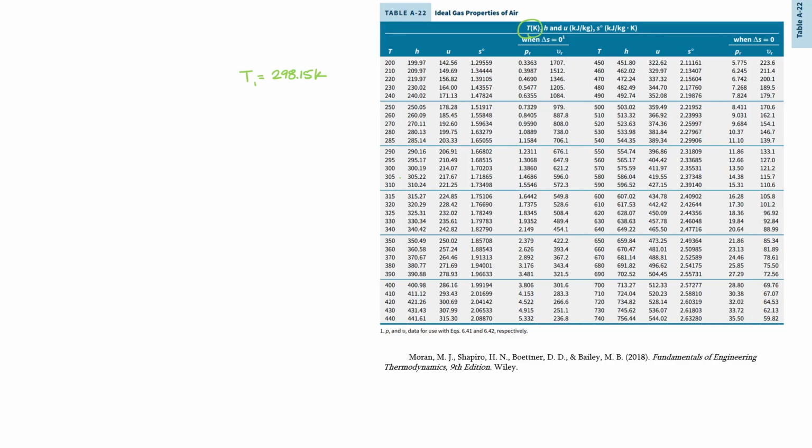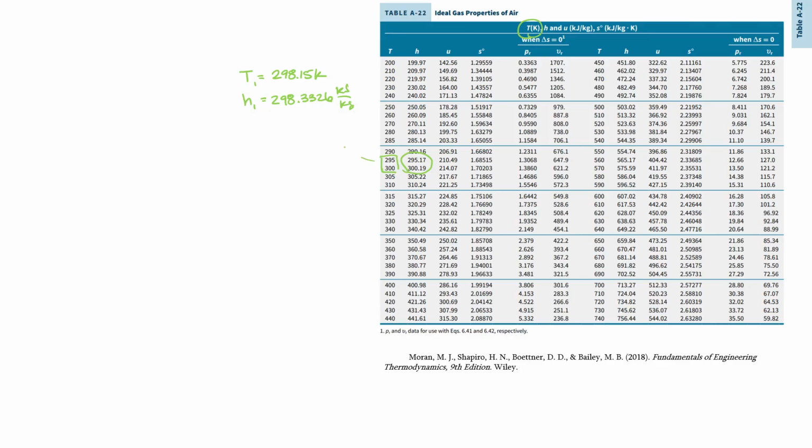So 298.15 is going to be between 295 and 300. If I do a linear interpolation between these two H values, I get H at 1 of 298.3326 kilojoules per kilogram. Again, I probably would round earlier, but I'm specifically doing this